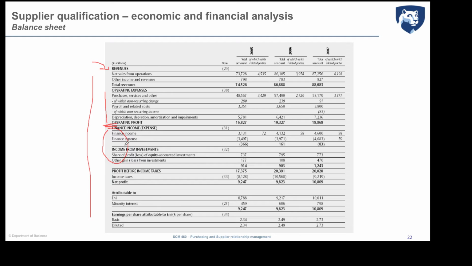So here in this part, I summarize the income and the expenses coming from financial investment and from general investment, like in equity accounted investment and so on. So here I have finance income and finance expense, and here I have share of profit of equity accounted investment and other gain or loss from investment. If I sum these two possible sources of revenue and cost from financial activities, I obtain what is called the profit before income taxes,